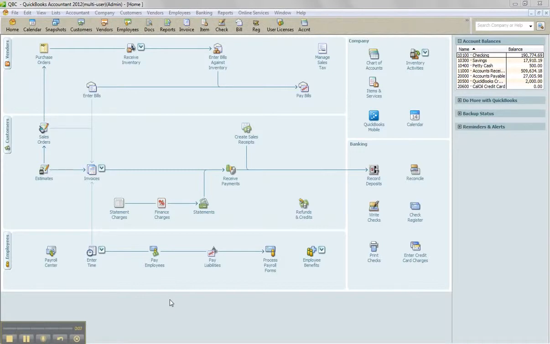QuickBooks Pro, Premier, and Enterprise Solutions: a purchase order is a non-posting transaction. It does not affect your general ledger or anything with accounting. It just holds the items you're going to purchase from the vendor, and then you can receive or enter a bill or write a check against purchase orders when they actually come into your warehouse or your place of business. So if we look at the home page for a second,